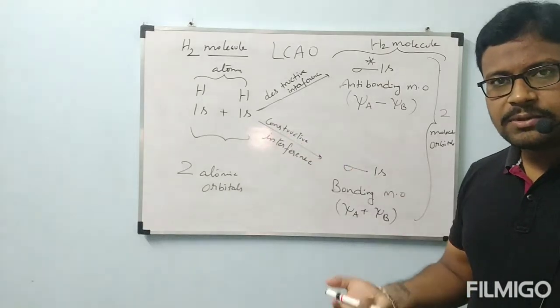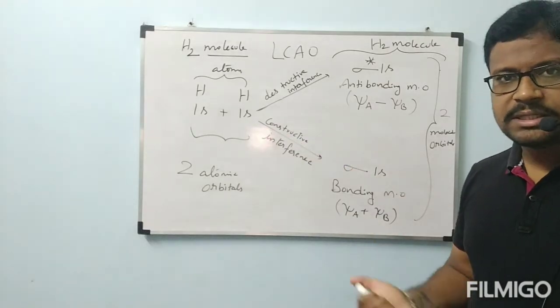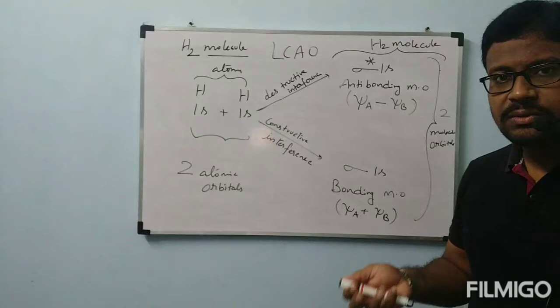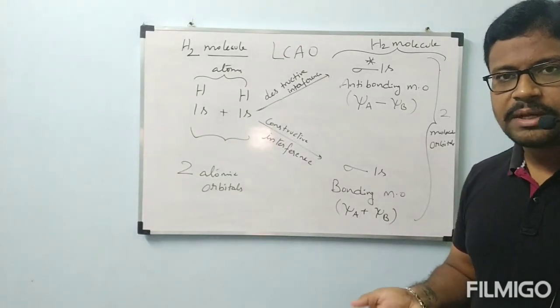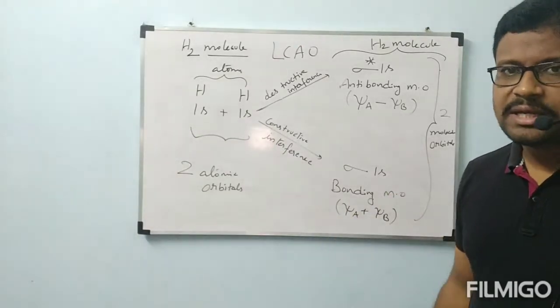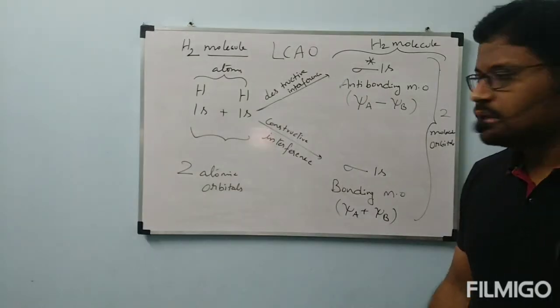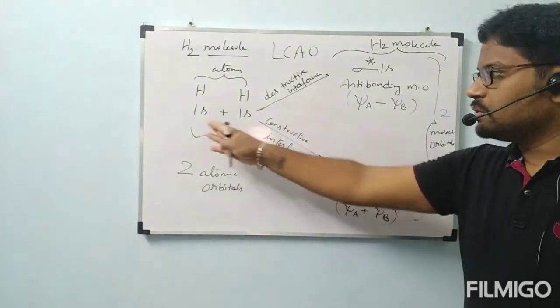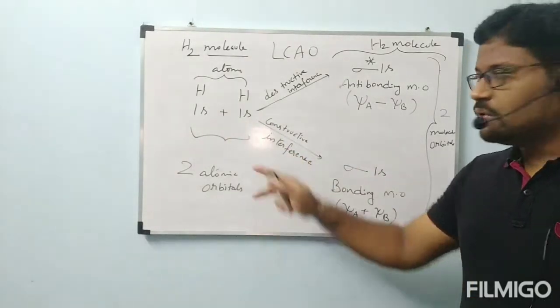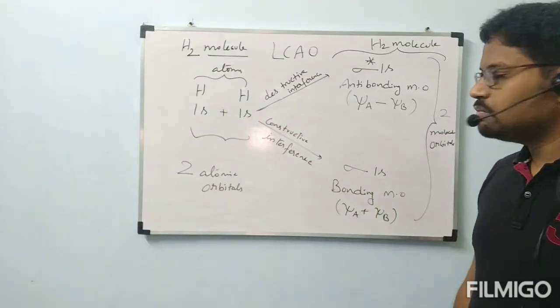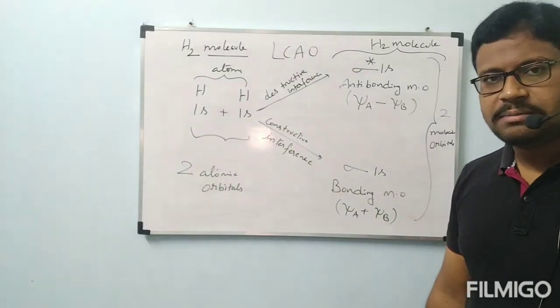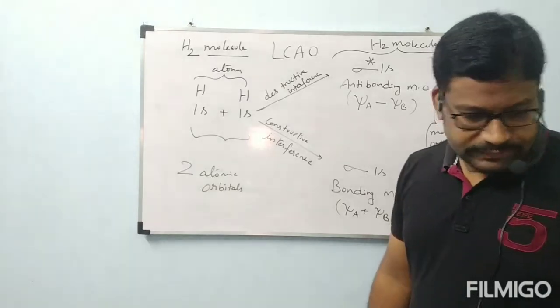Today we will see 2s and 2p orbitals also. After knowing the 2s and 2p orbitals, what molecular orbitals are they going to form? We are going to see this by taking different examples. Now I am going to see 2s and 2s. If 2s and 2s are combined, they will also form two molecular orbitals. Let us see that.